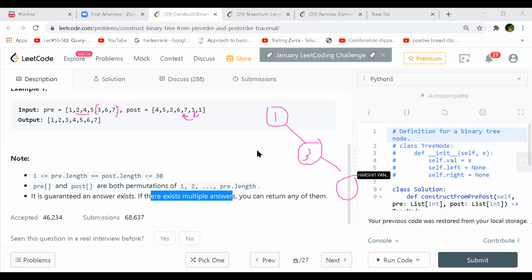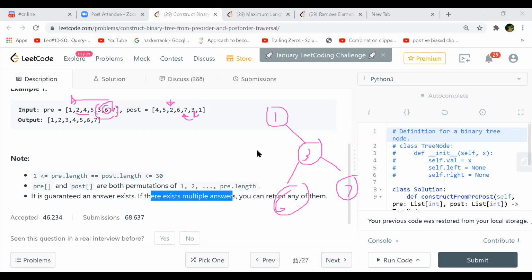Now you made a call to 7, and you come back to 3. You had your left here, this 6, so you make this 6. Now you are done with this part. You're done with 3, 6, 7. Now when you move back to 1, by the time you have also moved from 3 to 7, then 7 to 3 in your post order. You are simply moving one step behind. So now you are at 2 in your post order.